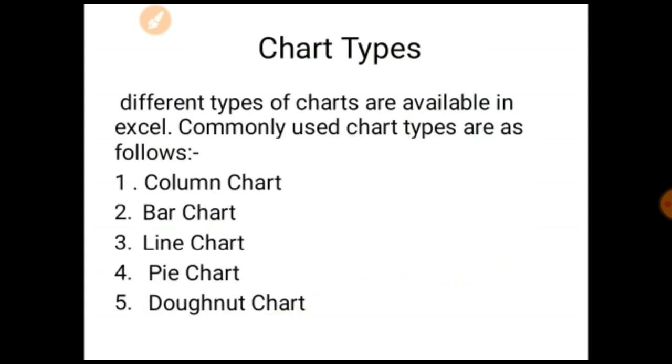Next, chart types means how many types of charts there are. We are having 8 or 9 types of chart, but in your syllabus we are having only 5 types of charts. First is column chart, bar chart, line chart, pie chart and donut chart. Okay, so first of all you have to know